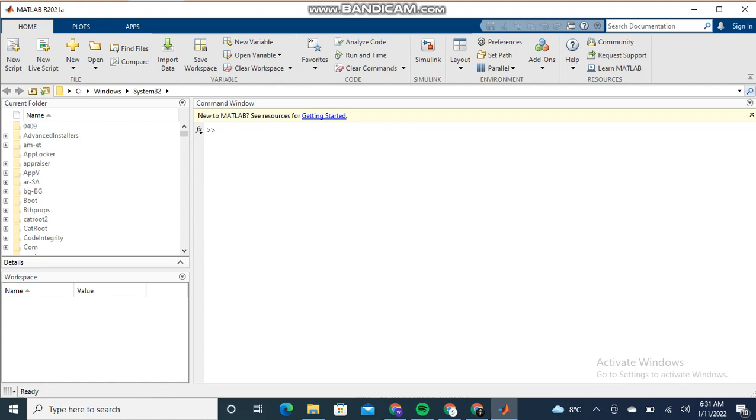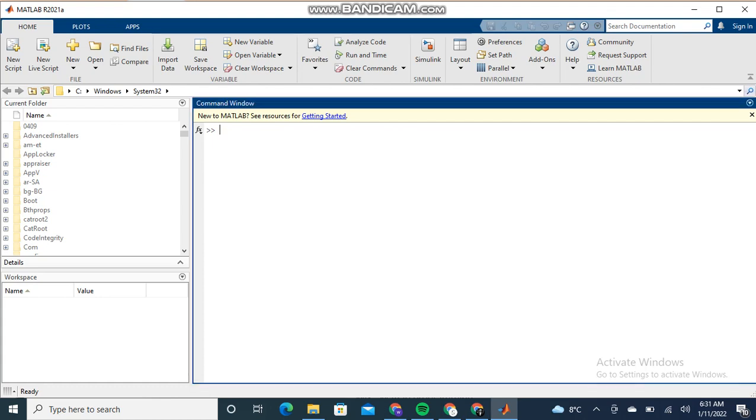So first of all, we need to understand how MATLAB works. This is basically the command window. In the command window, whatever code I want to write, for example, if I define a matrix x equal to 2 3 4, this is a row vector. From here, everything you write would be saved in the workspace, but you cannot save it in your system. For that we have